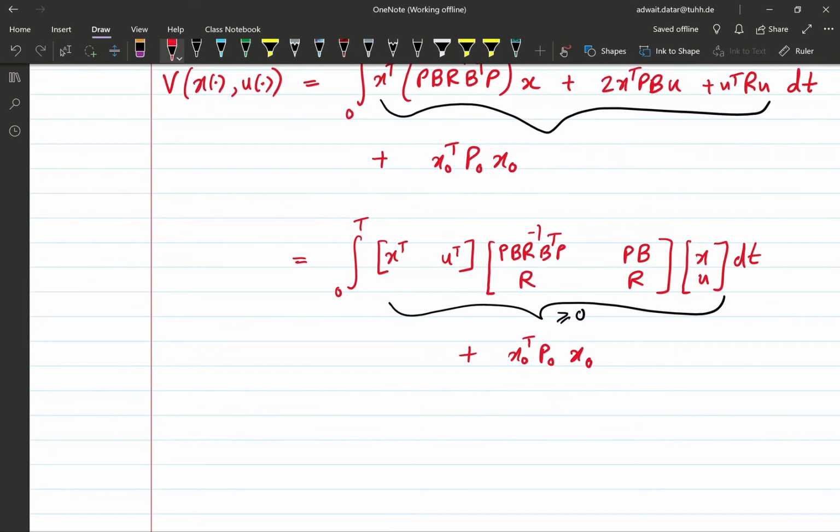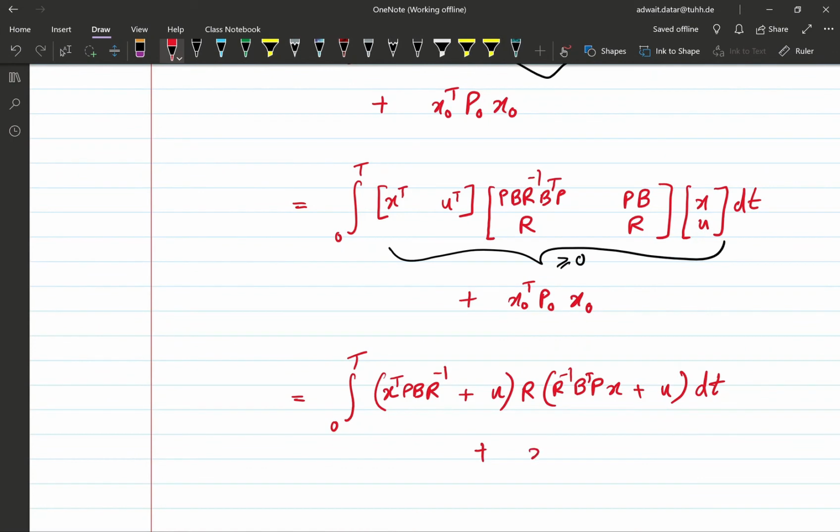We will instead use a different route and write this as, so this is still the same, we can write it as x transpose P B R inverse plus u transpose times R times R inverse B transpose P x plus u dt, and we still have this term here. So what we have is V, the cost, is given by